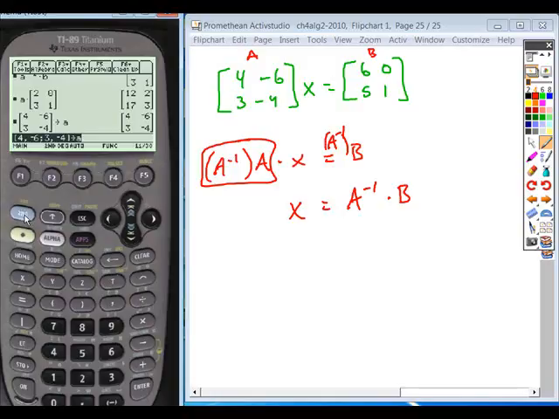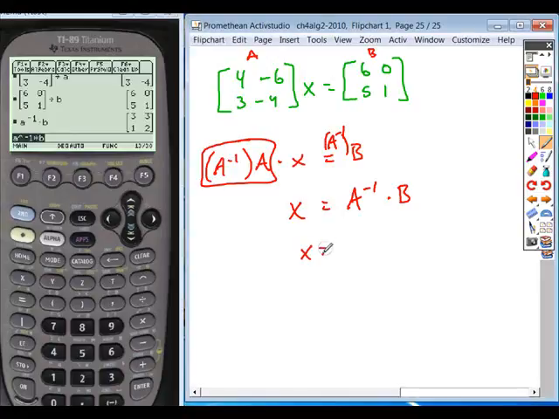And then insert and store the matrix B. And once you have those two stored in your calculators, you can now take the inverse of A and multiply it by the value B. And you have your answer for x,